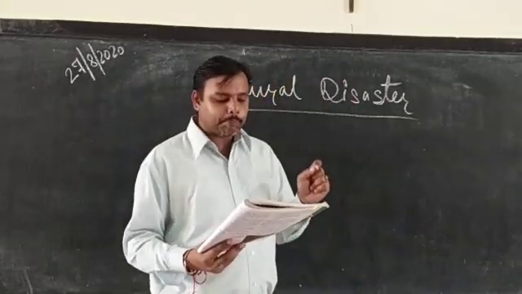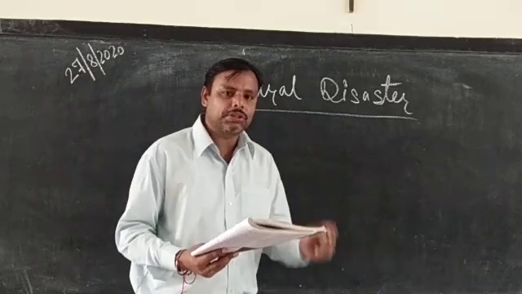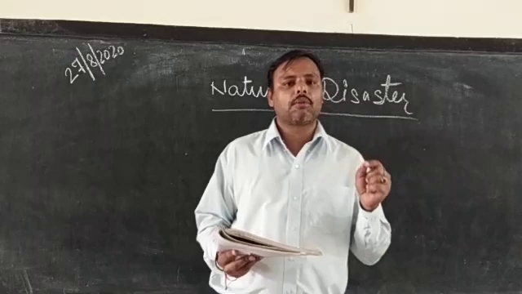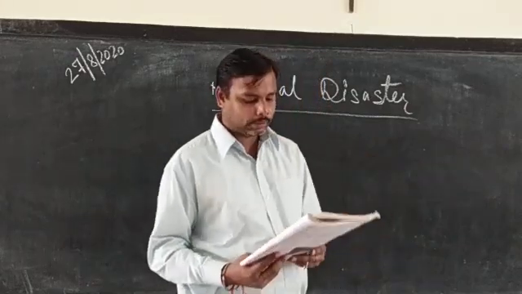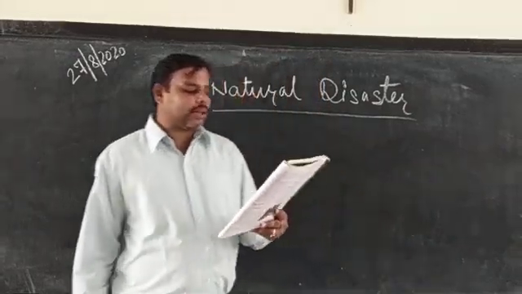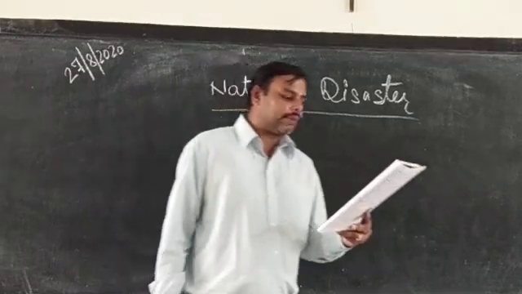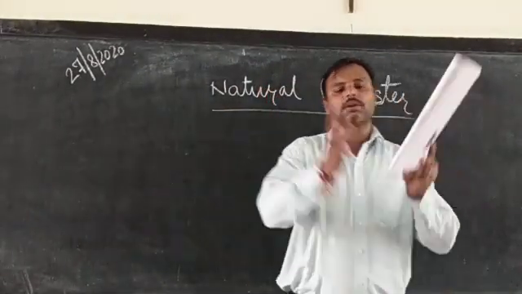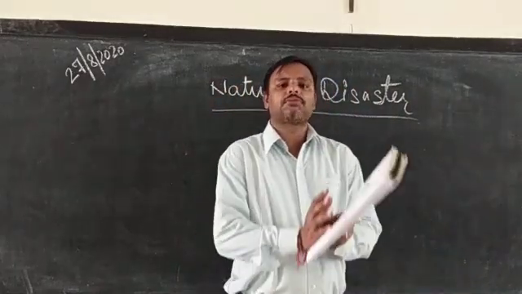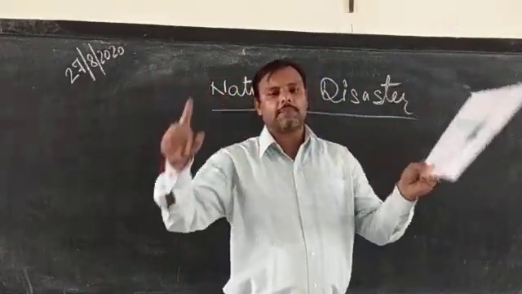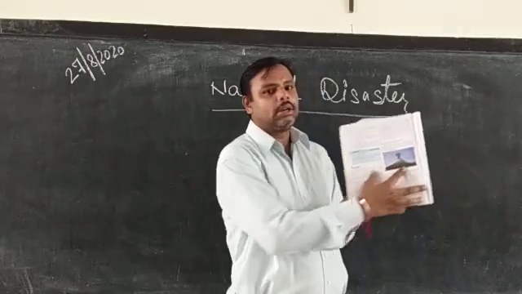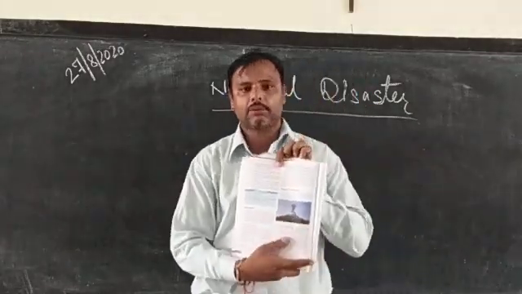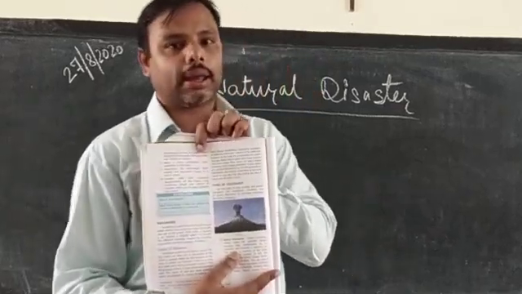A volcano is an important internal agent of change. Whatever internal changes take place beneath the earth, a volcano plays an important role in them. The different materials erupted by volcanoes accumulate and form volcanic mountains. The material that comes out of the surface of the earth takes the shape of a volcanic mountain. You see over here, volcanic eruptions taking place, which take the form of volcanic mountains.